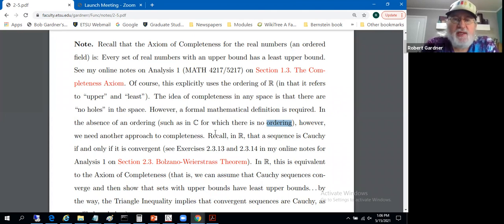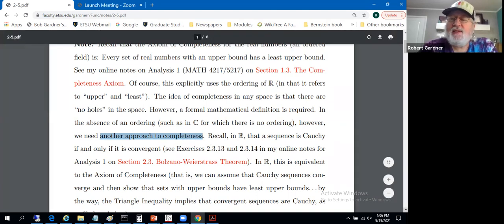So how do you talk about completeness for the complex numbers if you can't do this upper bound, least upper bound stuff? We need another approach to completeness, even in the complex setting. Quick footnote, you go through a standard complex analysis class, and completeness is dealt with based on the completeness of the real numbers. So that's a common way to address completeness there. That won't work everywhere. It won't work in the spaces we're in, for example. So we're going to take a different approach to completeness,